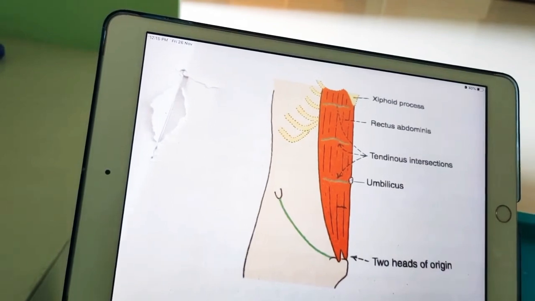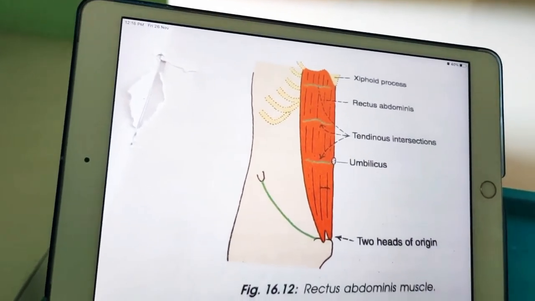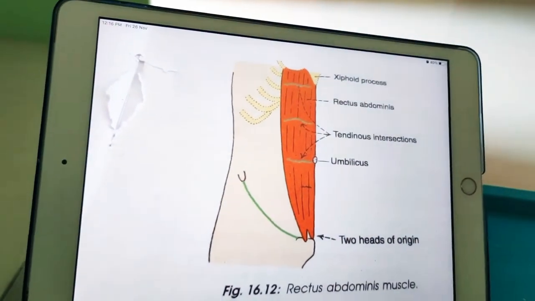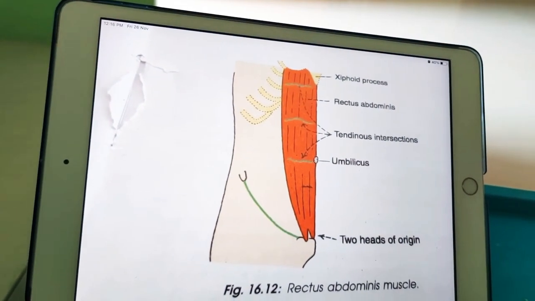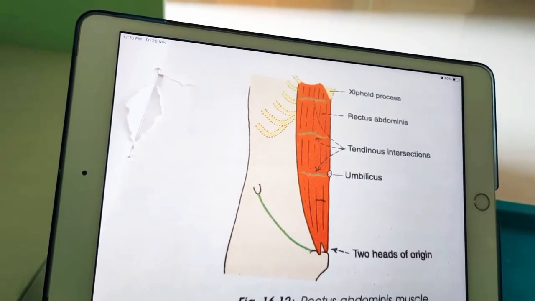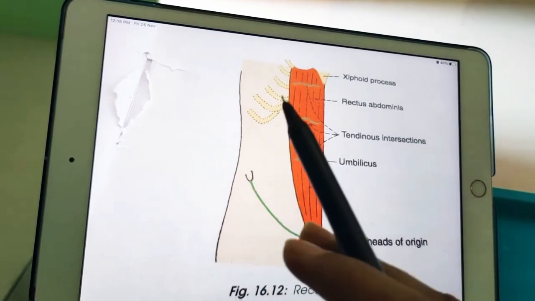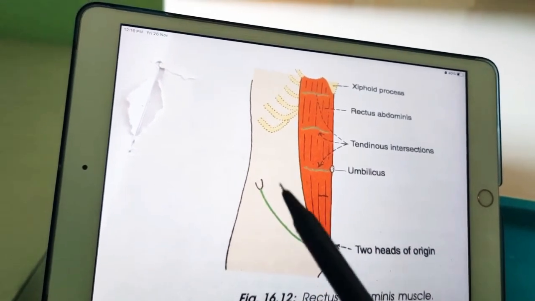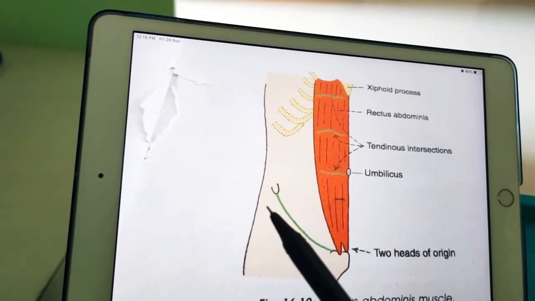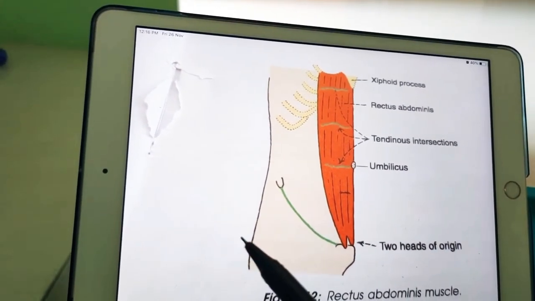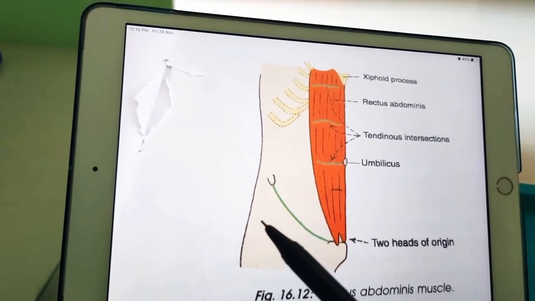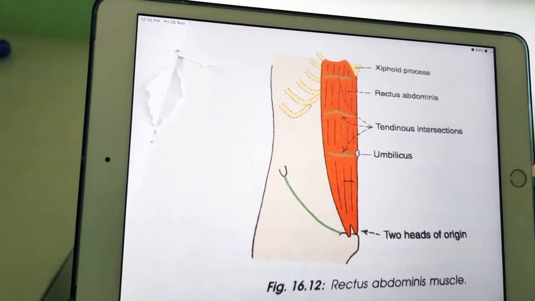Finally you have the movements of the trunk. Here in this diagram we are showing rectus abdominis only, but I am talking generally about all abdominal muscles. Movement of the trunk, like flexion of the trunk or lumbar spine, is brought about mainly by rectus abdominis. So here you have this muscle. Lateral flexion of the trunk is done by one-sided contraction of oblique muscles, and the rotation of the trunk is produced by combined action of external oblique and internal oblique.